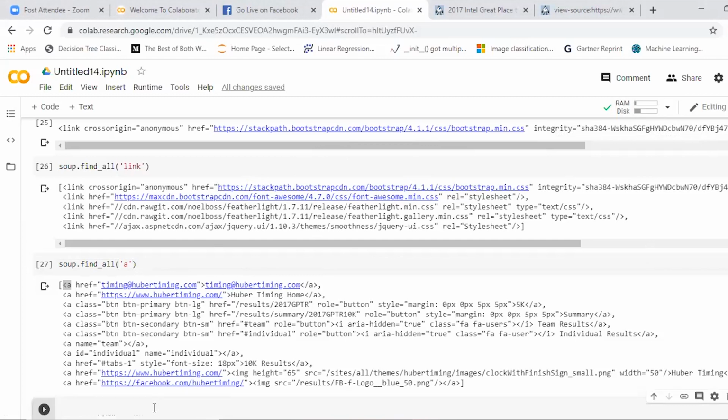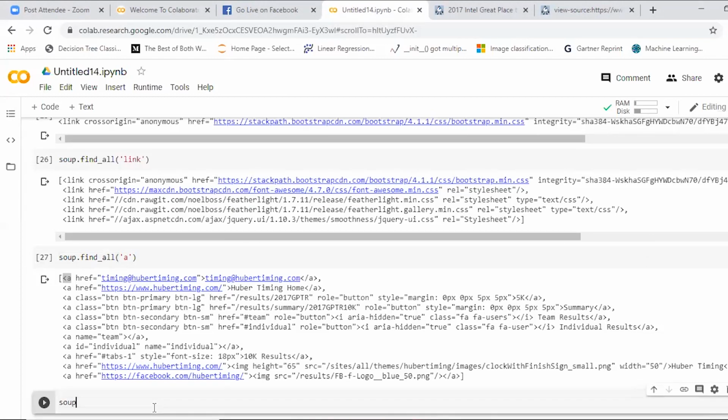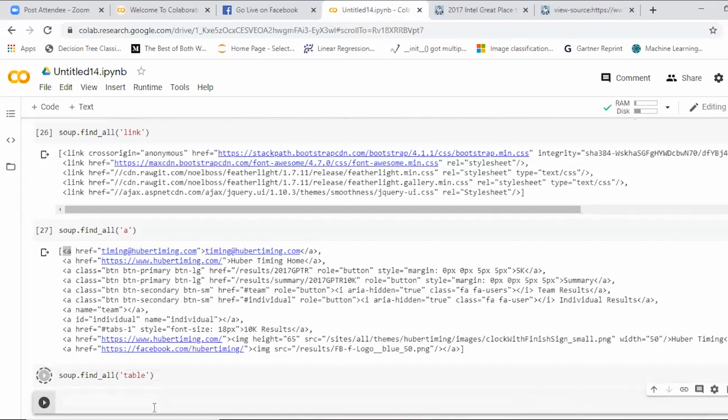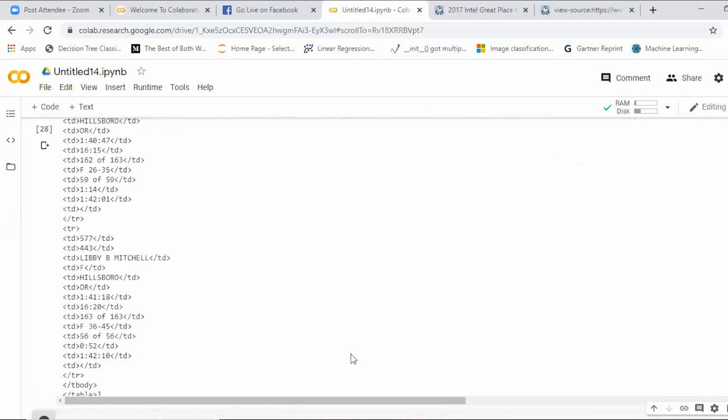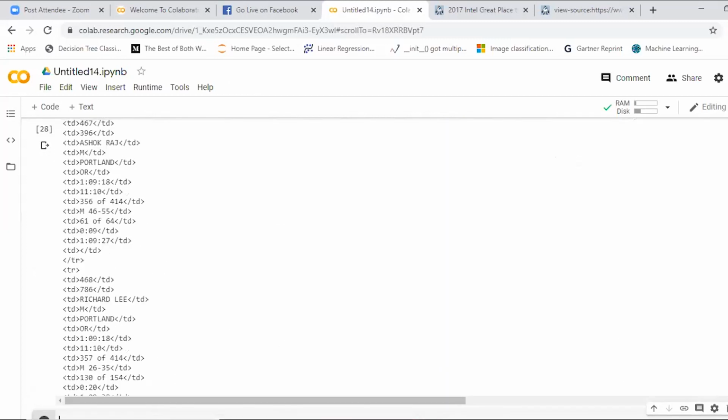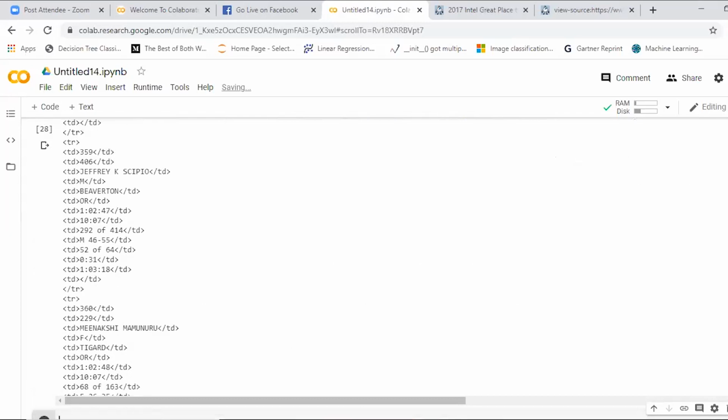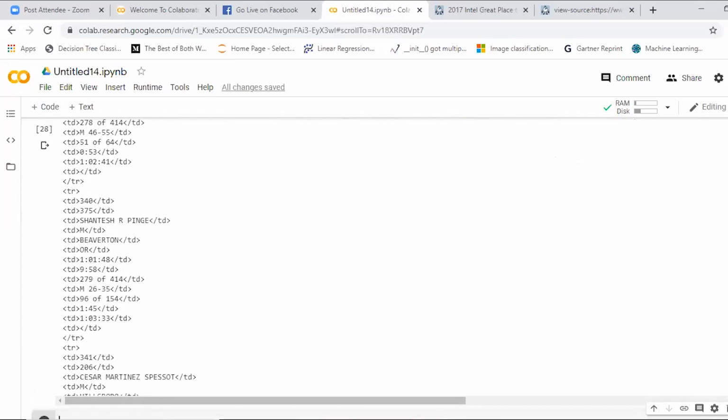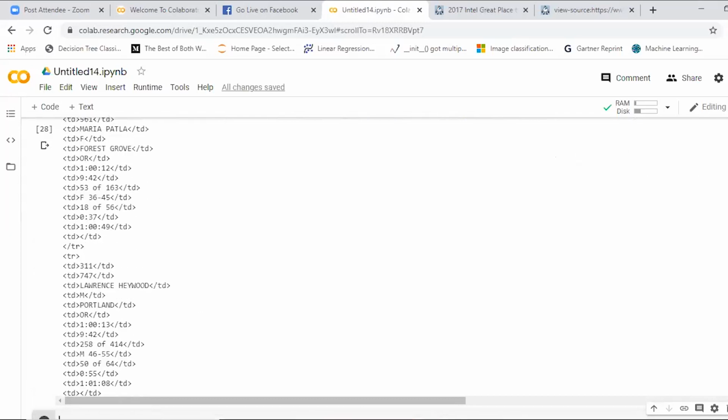We'll show you. If you want to take out tables, soup dot find underscore all, you mention the tag inside the find all. Table gives you tables, right? So you can print table. You can see the entire table got printed in the format of TDs. TDs for table cells, TR for table rows.